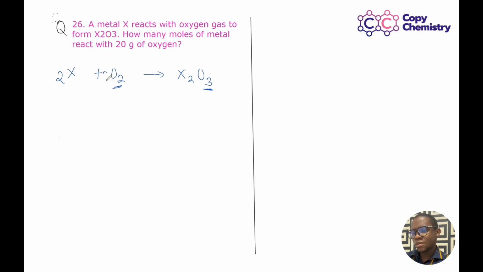Why don't we put 3/2 here? So that would mean oxygen is now 3 on the left and 3 on the right. Okay, so that's how you balance with fractions. You can choose to just multiply all through, and then you have 4X plus 3O2 to give